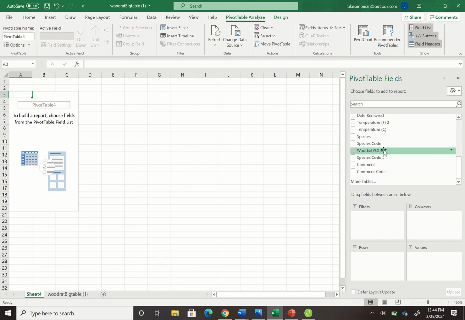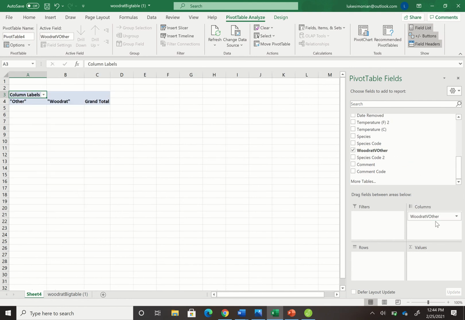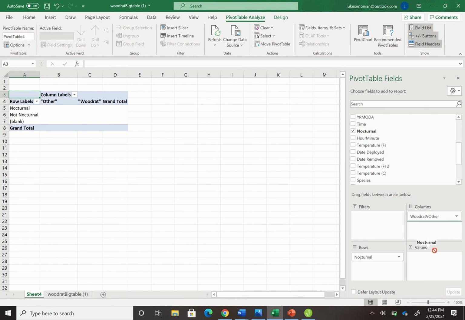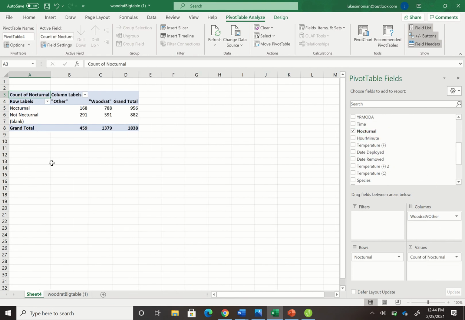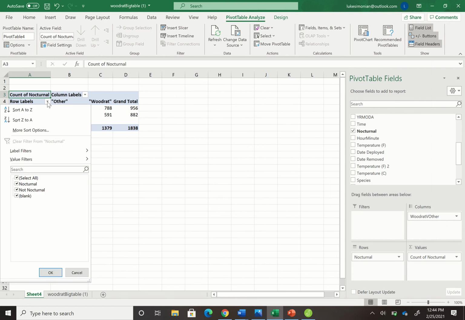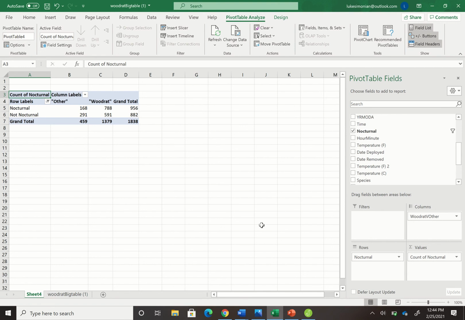So for this, we'll do a very similar thing. Get our wood rat and the other data, we'll put it into columns. And then for our rows and values, those are both going to be nocturnal. That blank row should not be there, so we're going to click down on row labels, unselect blank, press OK. Boom, so you have the numbers right there comparing the other organisms and the wood rats to the